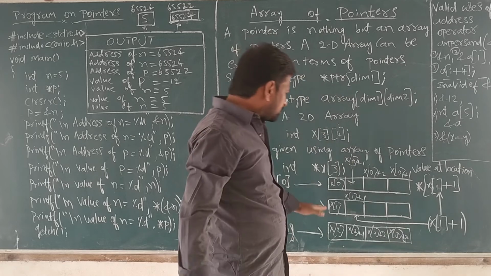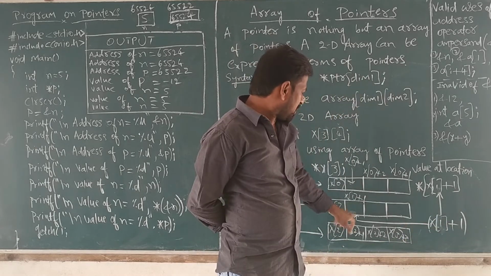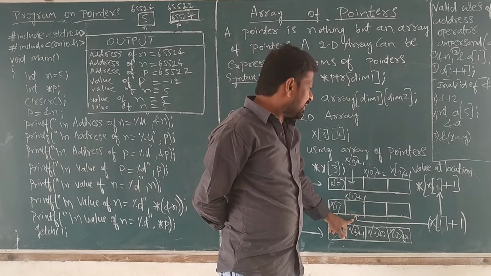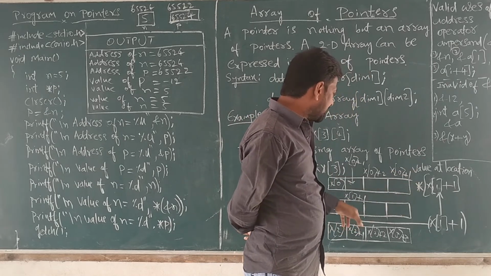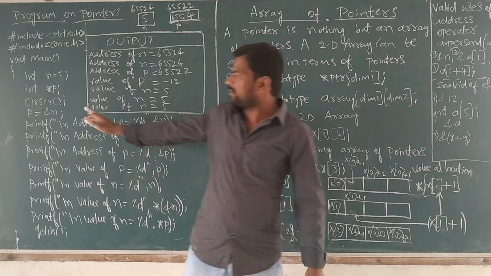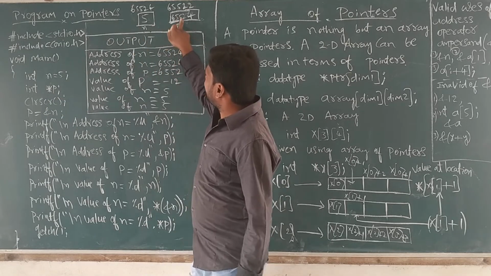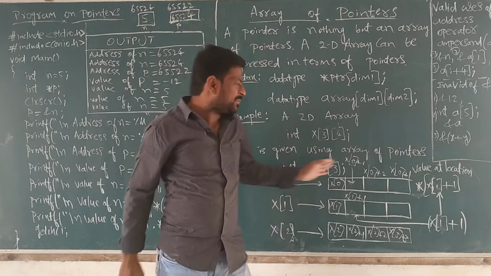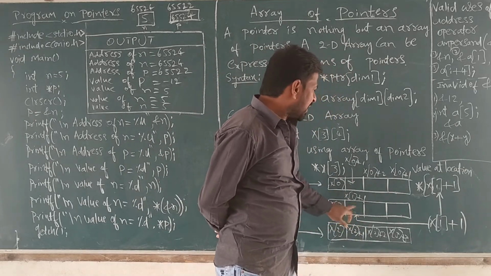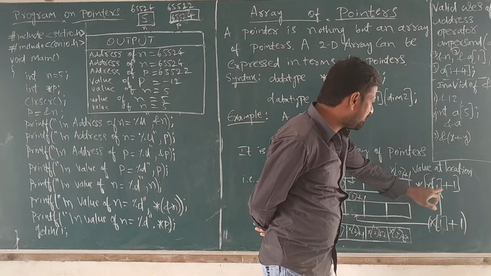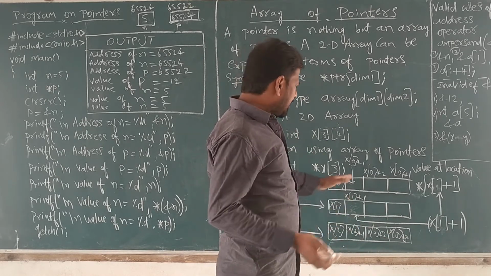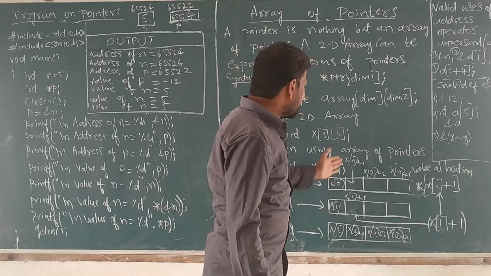It means x of 1 plus 1 is the indication for this value. Whereas the value at a location is represented by what? This asterisk symbol. You can observe it as the symbol for the pointer variable star p, as it indicates the value at that address. In a similar way for an array also, it indicates the value at this particular address. Not only for asterisk of x of 1 plus 1, you can give any value, print that value, and access the values in an array using the pointer concept in this way.